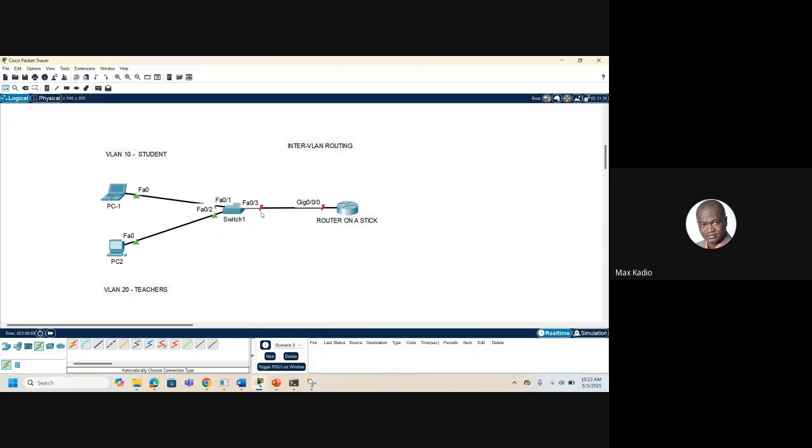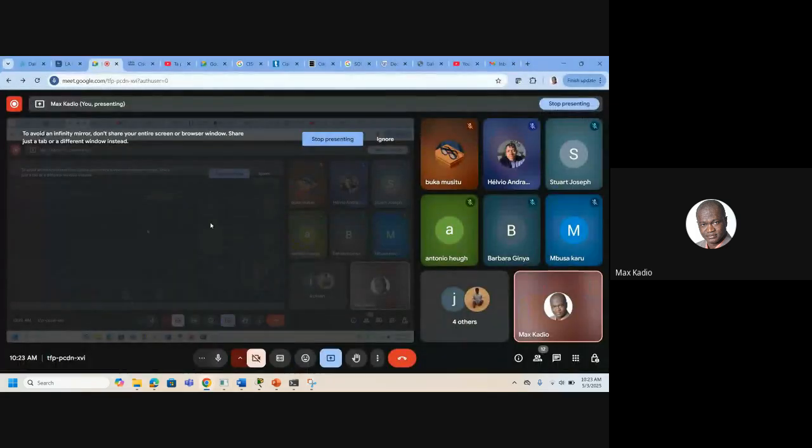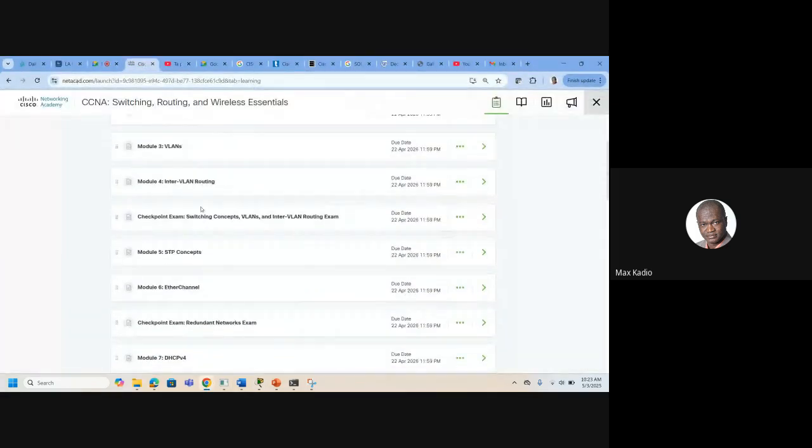But it's still red. Why? Wait. Now let's go to the router. So here, it's where the big business is. We go to the router. So I'm going to show you first an example of how it's configured. Inter-VLAN routing. I'm going to show you an example. We do the same thing and then